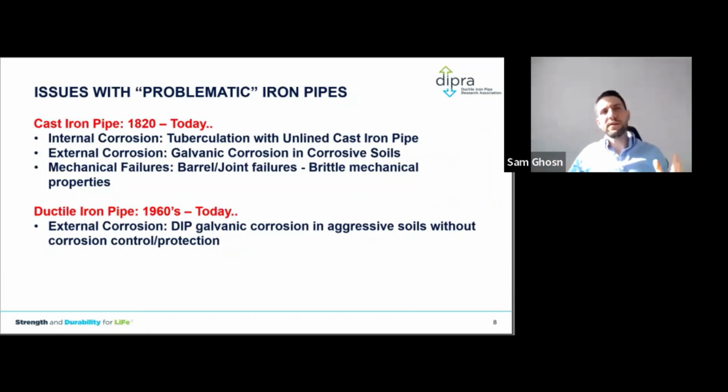Those cast iron pipes had a variety of joints. Obviously, they have no corrosion control on them, and they were made differently too, because the manufacturing of those pipes evolved over the years. So some of the issues we encounter with older iron pipes, and when I say older, installed in the 1800s and early 1900s, that were not protected, obviously, from the inside or the outside, suffered from internal corrosion, and that's tuberculation. I'll talk about that in the next slide. That was fixed with ductile iron pipe by providing a lining on the inside.